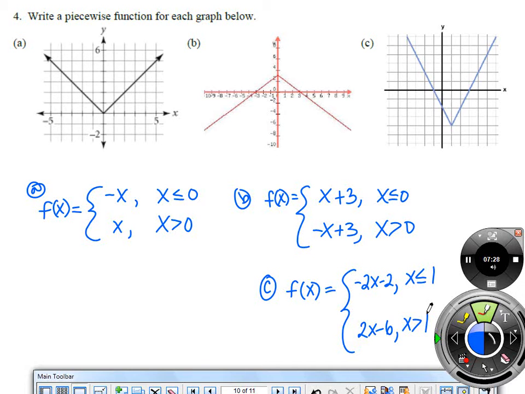Good. Their slopes are opposite. And then here they have a different y-intercept. That's because we shifted the graph to the left or to the right off of the y-axis, right? So then things got a little more wacky. So maybe it's easier to see with part A and part B. But basically, the big difference is that the graph is traveling at the same steepness. We can change its location, but one side of it has to be a positive slope and one side has